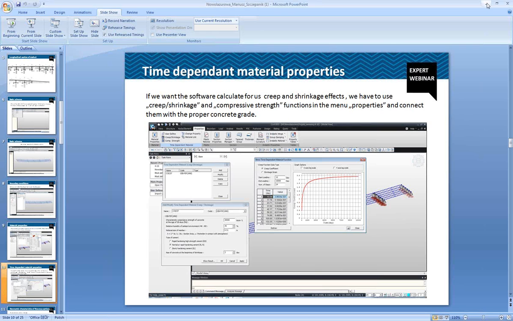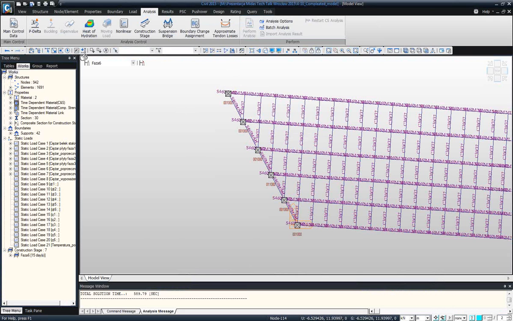And I will show how to do it. So if you want the software to calculate for us these effects, creep and shrinkage,